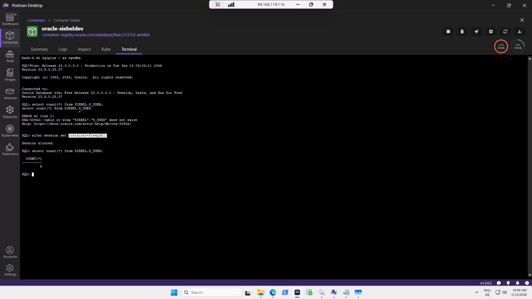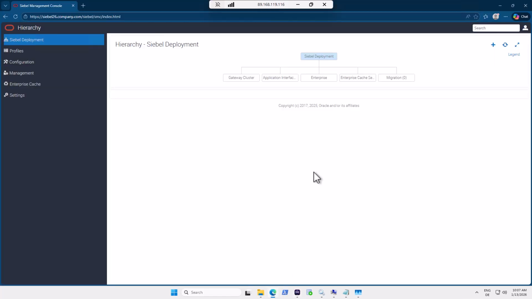Here's the database, and that database is Oracle 23.9, a free version, the 23 AI free release. And that is something new for me as well. I've not installed Siebel on this database, but it's a certified database, 23 AI certified for Siebel, and going good so far. So we have bootstrapped the environment, so we are ready to